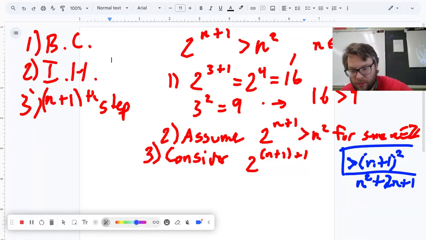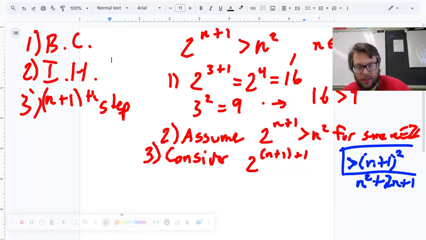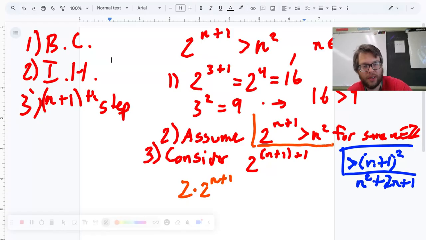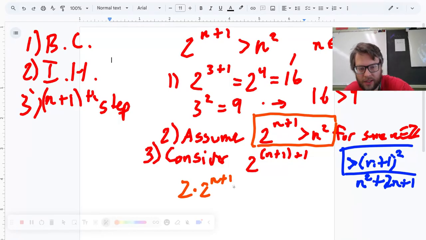Now, 2 to the n+1 plus 1 is the same as 2 times 2 to the n plus 1. Add an extra plus 1 in the exponent. And we know from our induction hypothesis that 2 to the n plus 1 is greater than n squared. So we know that this is greater than,